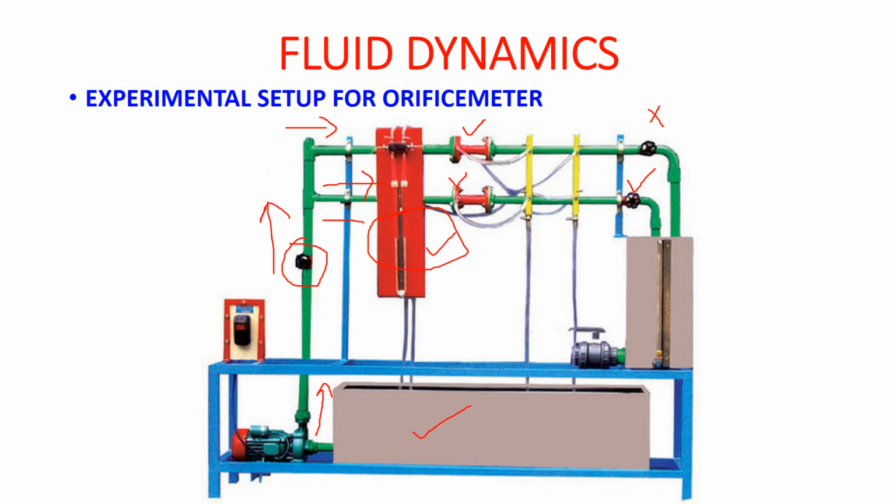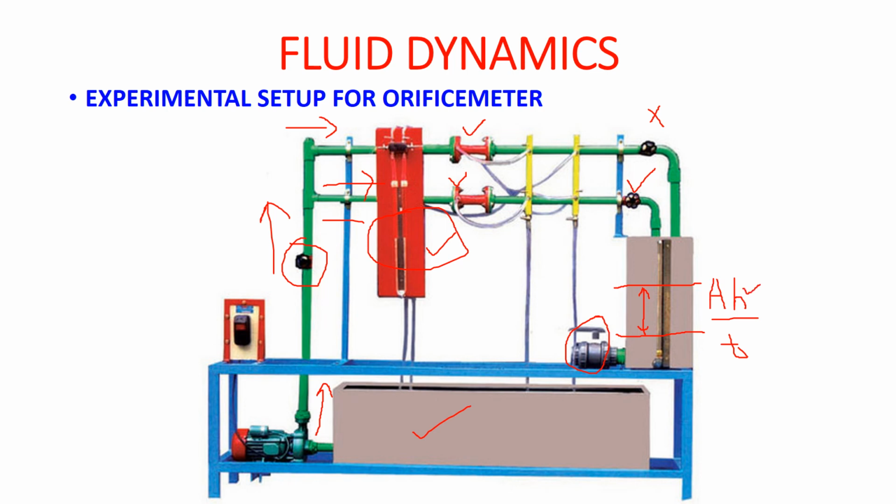Then when the water is collected in this particular tank, use the value of A, that is area of this collecting tank, into H divided by T. So how to take this H? Suppose the water reaches this level, okay, this valve should be closed while taking the reading. Suppose the water has reached this level, start your stopwatch. After starting the stopwatch, suppose when it reaches here, just stop the stopwatch so that you get the height. You can write this is H. Suppose you started the reading at 30 centimeter and ended at 50 centimeter. So 50 minus 30, this H value will be 20 centimeter.